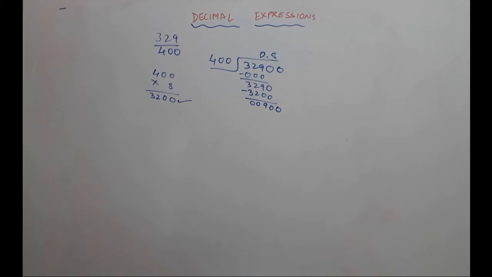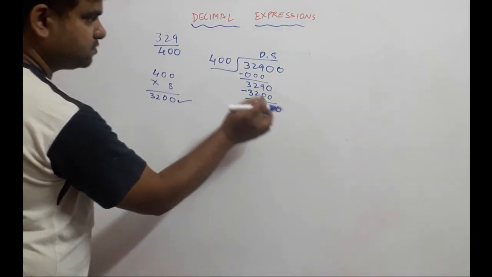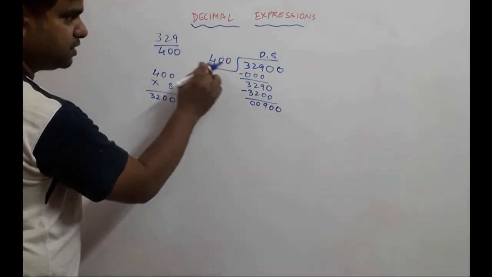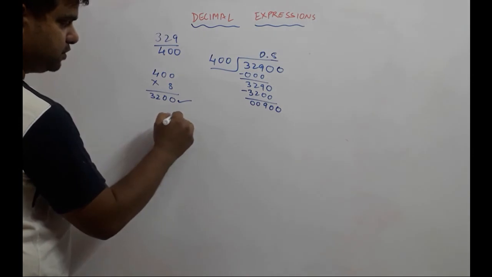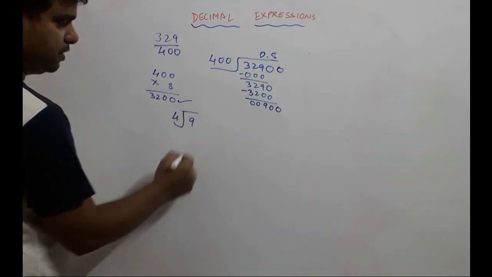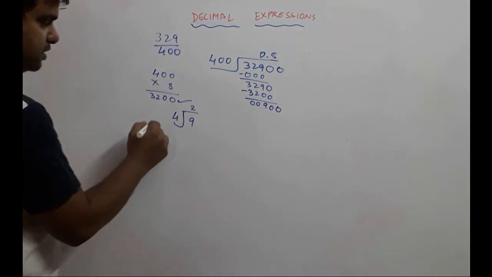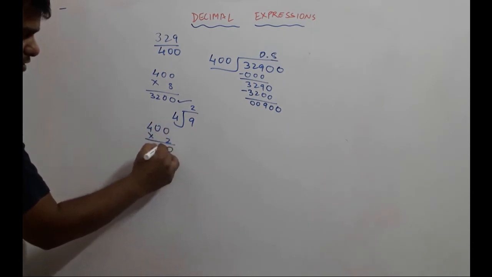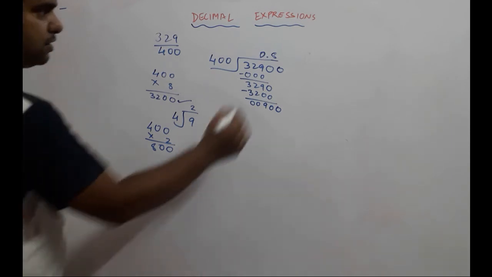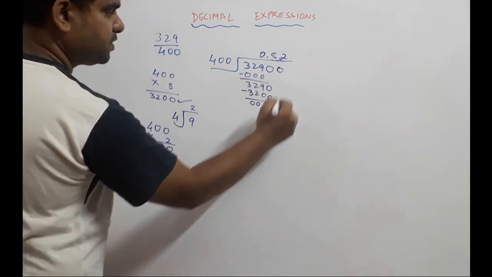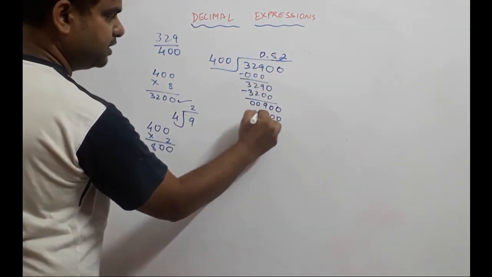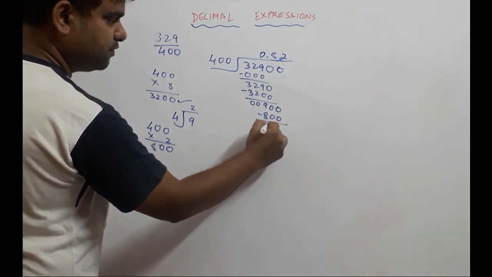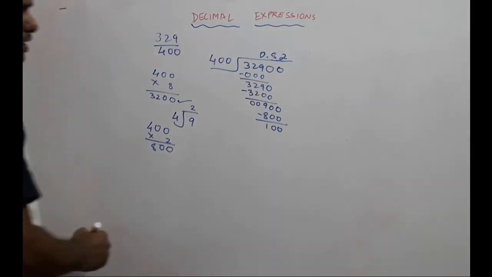Now which number will go with 400? Once again, hide the two zeros over here and just look at the number as if it was 4 divided by 9. You would have gone with 2, right? So let us see 400 into 2. What does it give us? 800. So 400 into 2 gives us 800. This would give us 100, right? When we bring